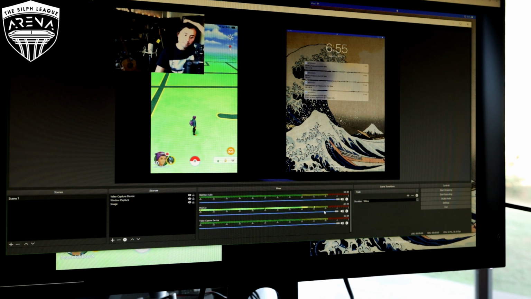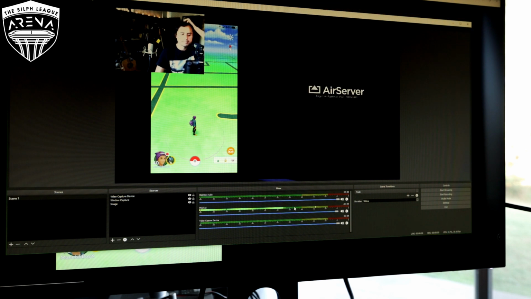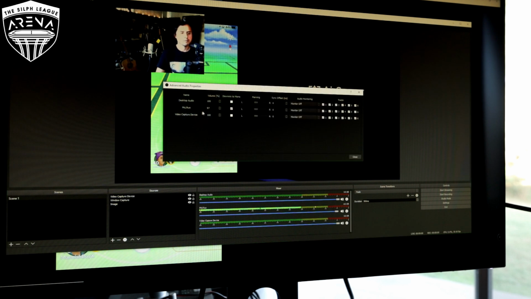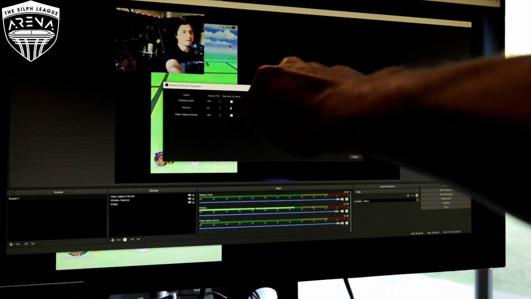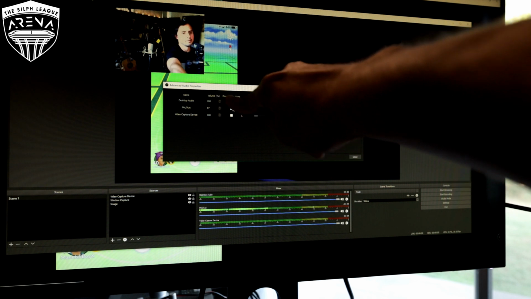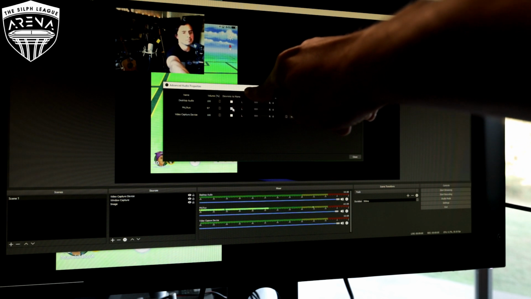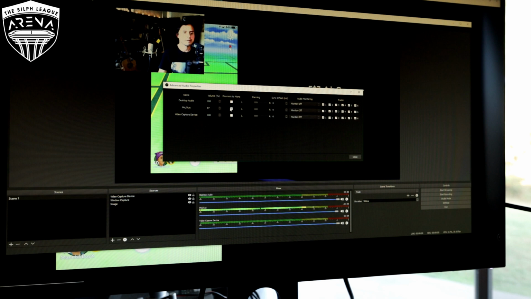And also another thing about a separate mic. So just right click this area and click on Advanced Audio Properties down here. So your mic, whatever mic you plug in, it's right here. It's where it says Mic Auxiliary. Check mark that box in the middle, where it says Down Mix to Mono. Make sure that box is check marked. Otherwise your mic will only send audio